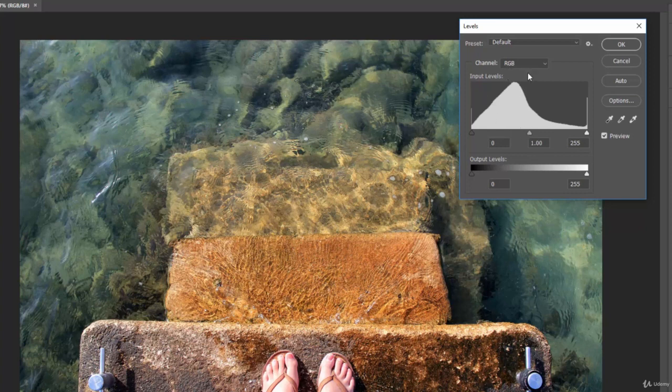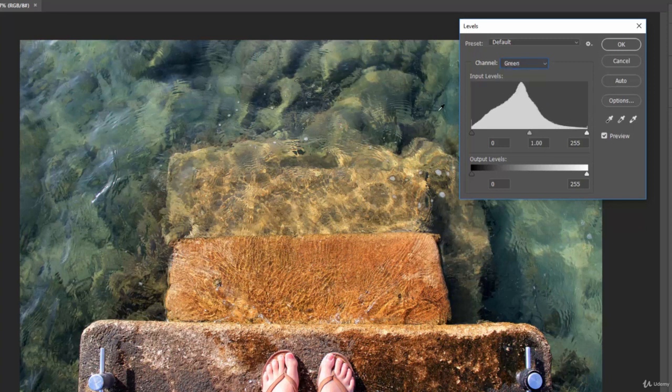And if I change this, it might be a little easier to see. So let's change this to red. This is all the red information that is in this picture. So if we look at the black or the darkest pixels, there isn't a whole lot of those on the red channel. And then if you look in this image and you see these dark red areas, you can see that there are quite a few in the darker range, but not so much in the highlights until we get to this spike near the end. And you can see it's probably the feet. The feet have that reddish tint to it, and that's starting to spike upwards.